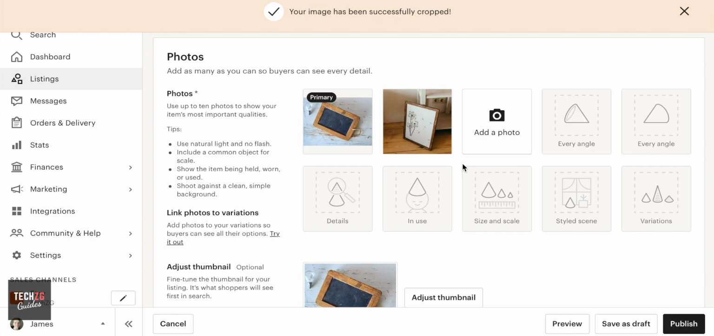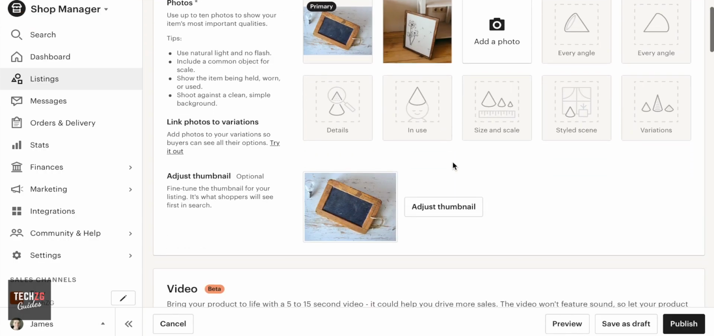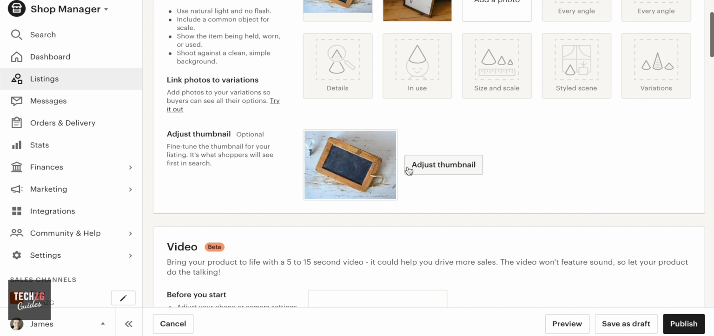If at any point you don't want to finish your listing and you haven't finished, but you need to go and do something else, you can come down here and just click save as draft. It will save it in your drafts, but it will not publish it. If you're happy at any time, you can press publish, but for right now, we don't have that much information